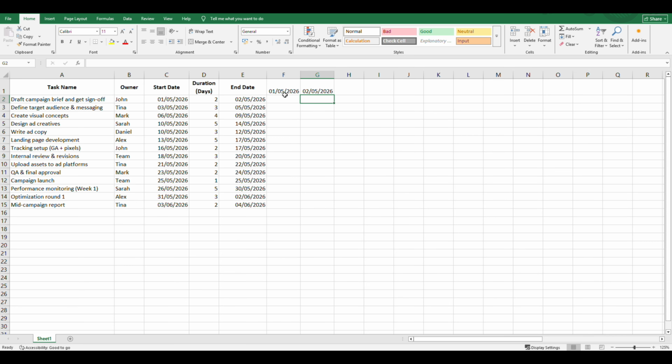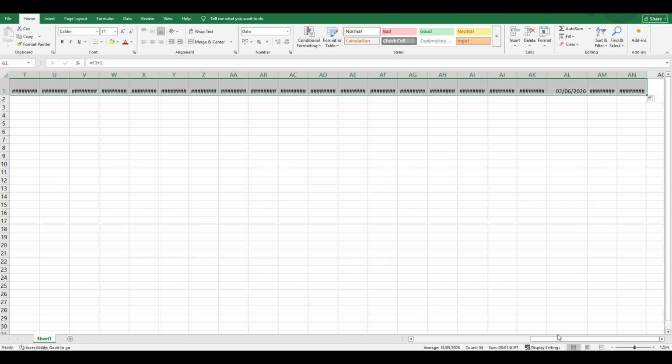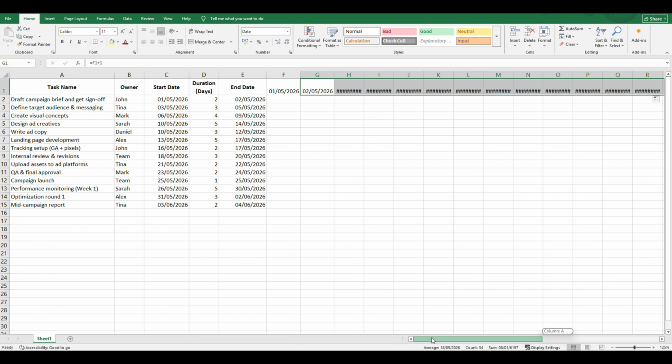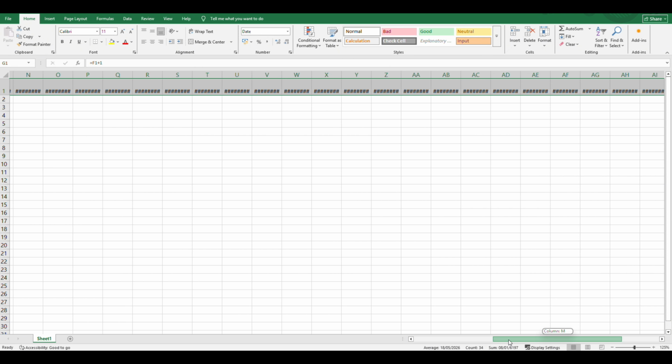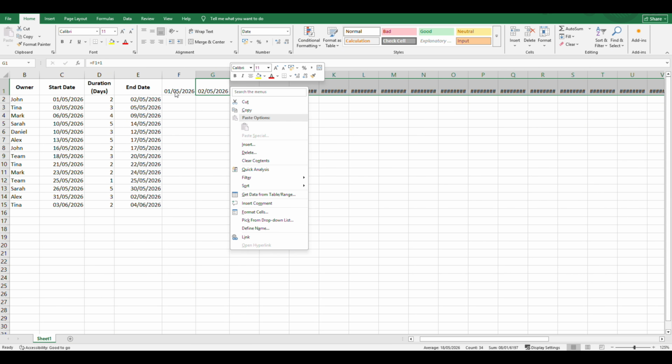In cell G1, type equals F1 plus 1. Then click the small green square in the bottom right corner of cell G1, that's the fill handle, and drag it to the right for as many days as your project lasts. If your project runs 60 days, drag out 60 columns. It sounds like a lot, and it does make your sheet wide, but this is what creates the day-by-day granularity